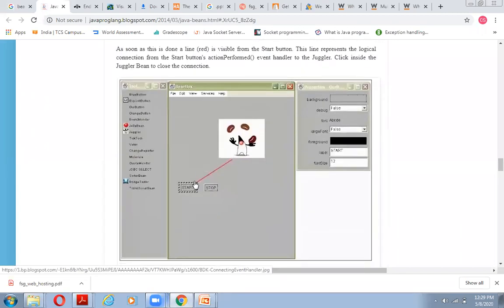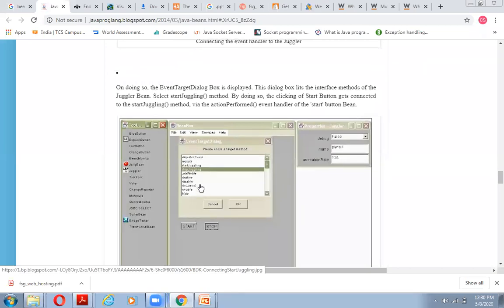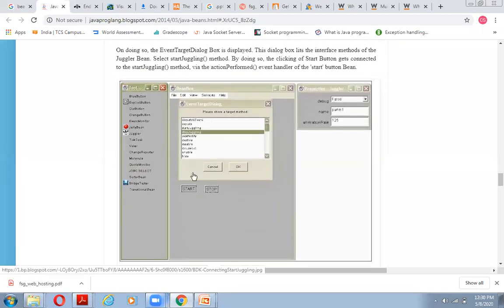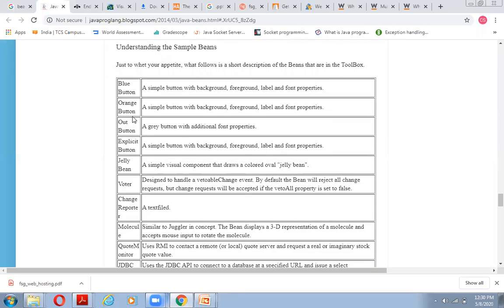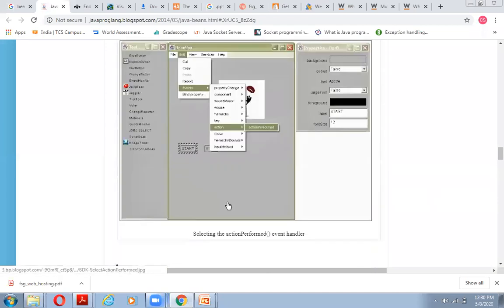Okay. After that image, when we push, the action will be added to this image. When we start, it will start juggling this image. After we stop, it will stop this juggling. And it is taken care of by the target methods available within our bean development box. Finally, with the help of those buttons only, we are able to create it. This is a simple bean example.